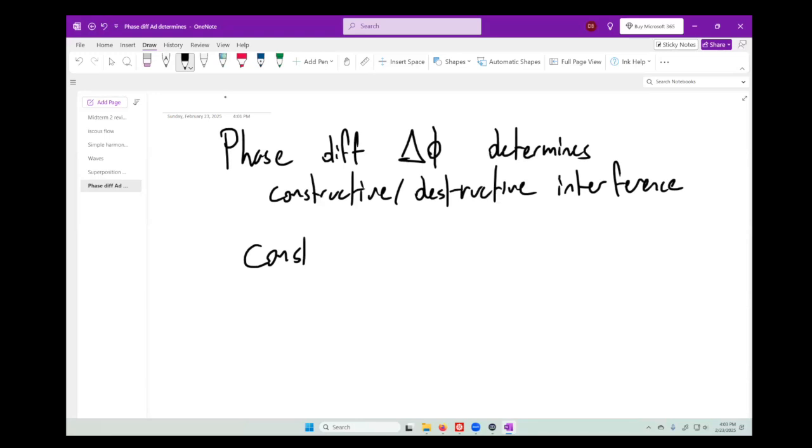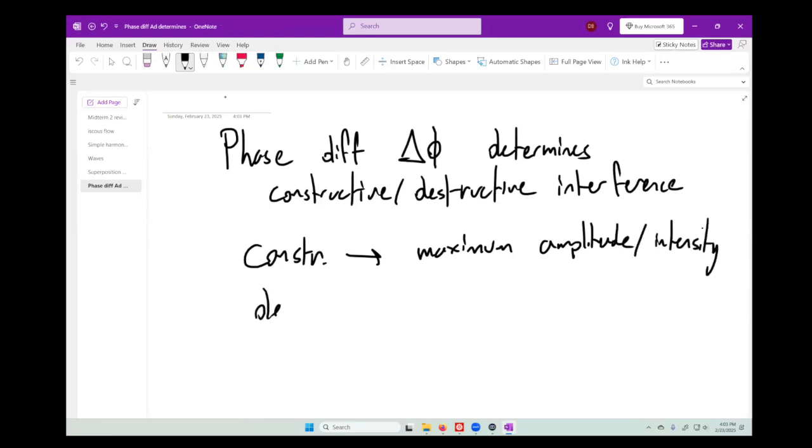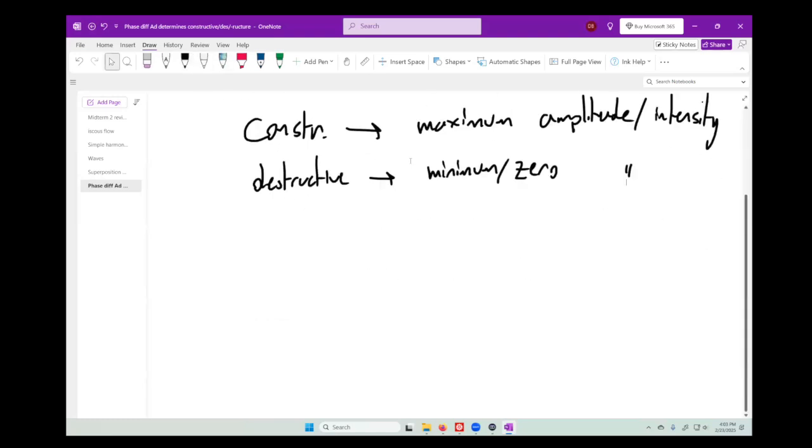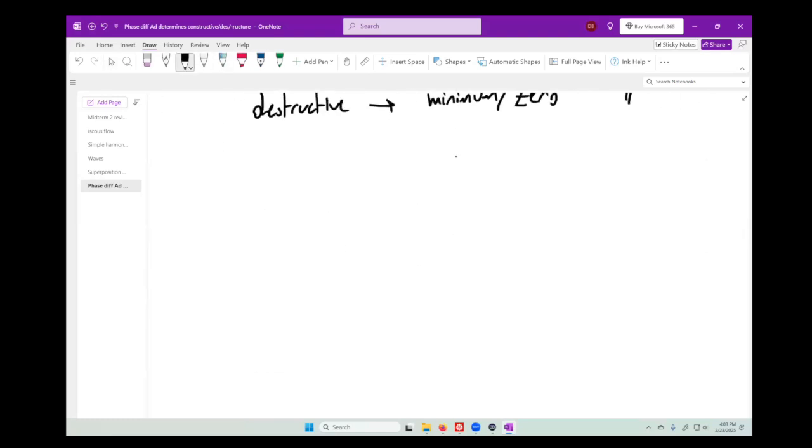Right, so remember, constructive interference means we get the maximum amplitude or intensity. Destructive interference means we get the minimum or zero amplitude or intensity. To determine whether we have constructive or destructive interference, we want to write down the phase difference